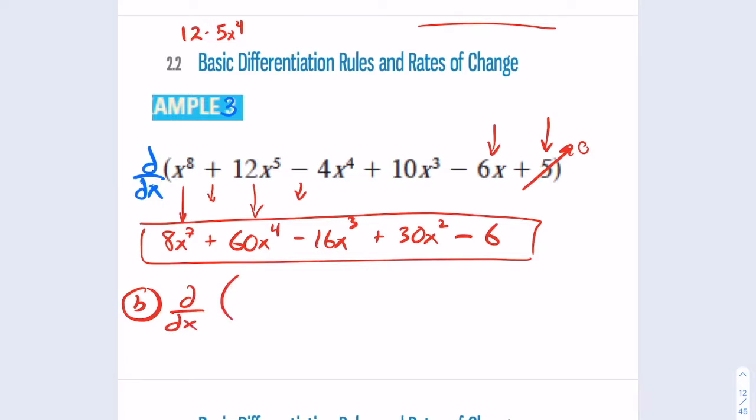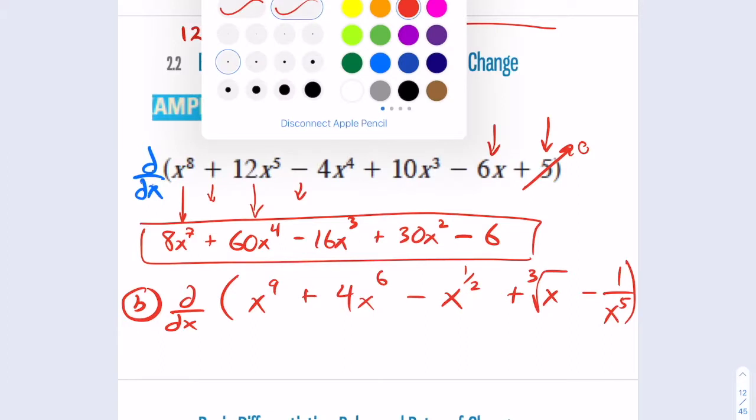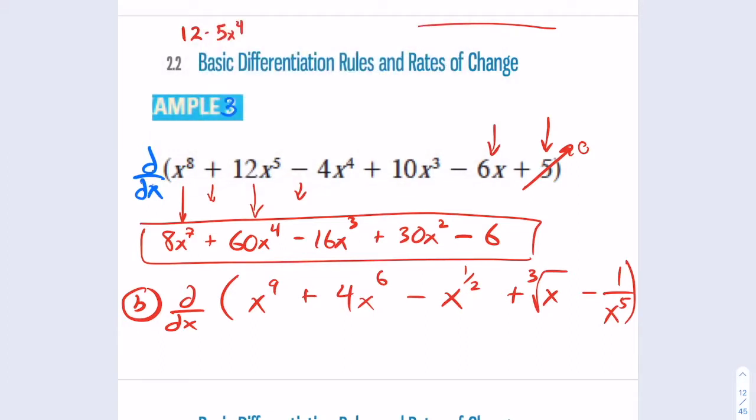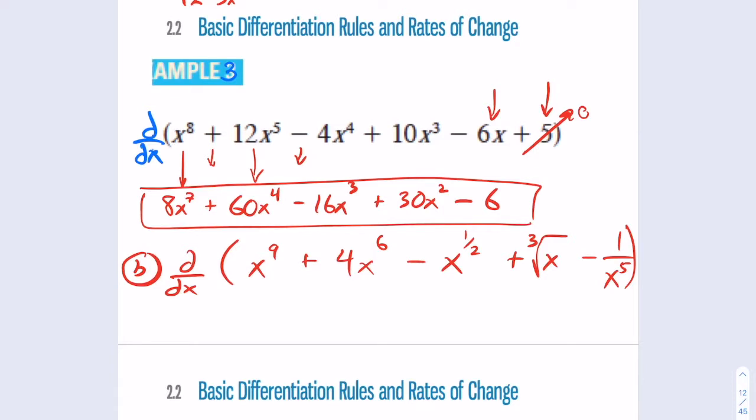The derivative of x to the 9 plus 4x to the 6 minus x to the 1/2 power plus the cube root of x minus 1 over x to the 5th power. Okay. Take as much time as you need before you press play again. Okay? All right. So the derivative here is going to be 9x to the 8th plus the derivative here is